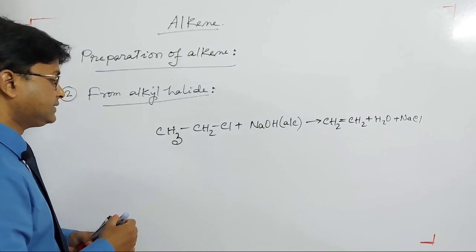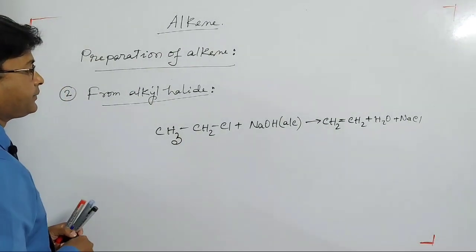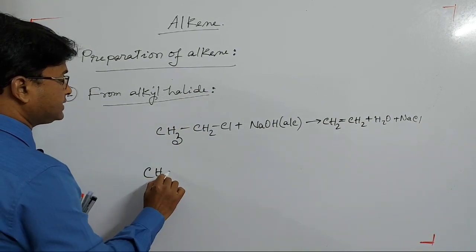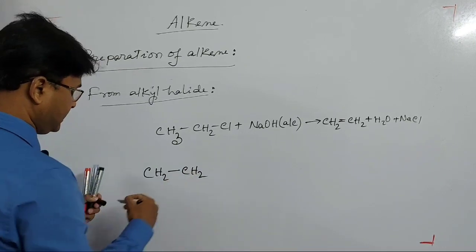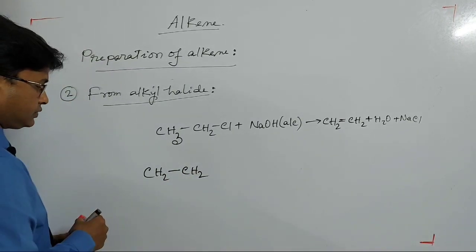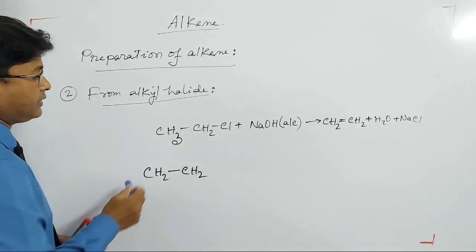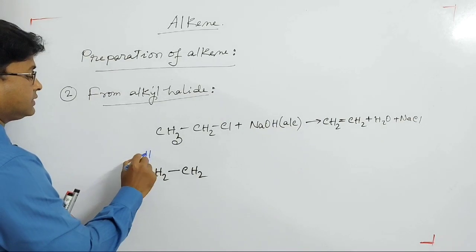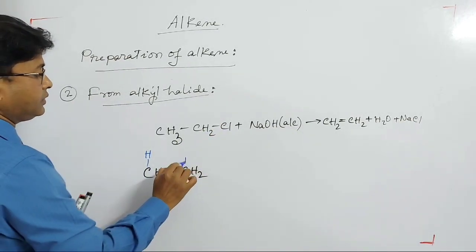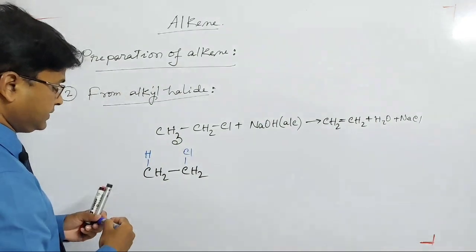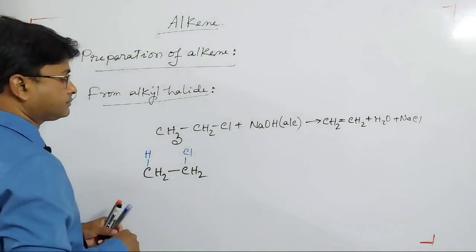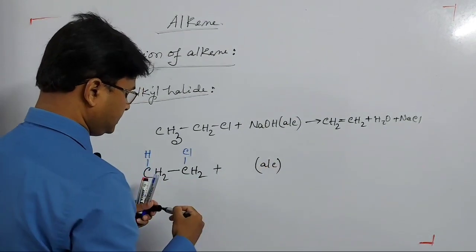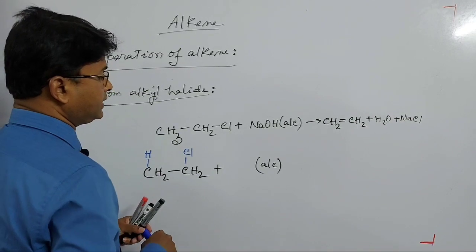you understand easily. Now look at the whiteboard. Now again I am going to write this reaction. Actually I am going to write one hydrogen atom separately. That's why this is H, and this chlorine I am going to write at the upper side of the formula. Then alcoholic sodium hydroxide is given here, and actually